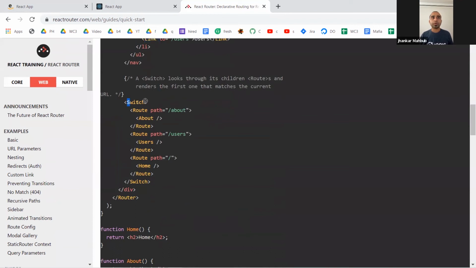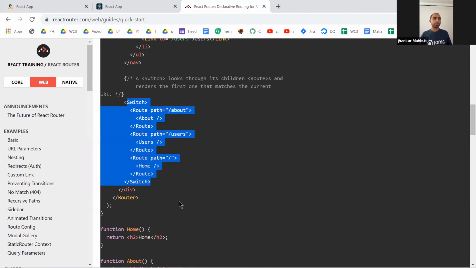But the core part is like a switch. That means in a single time, think about you have four different roads. In a single time, you cannot go to this road and this road, unless you are some kind of genie or some kind of ghost, right? A normal human being can go to this path and not the other two, or go this path and not the next one, something like this. So this is actually a switch.